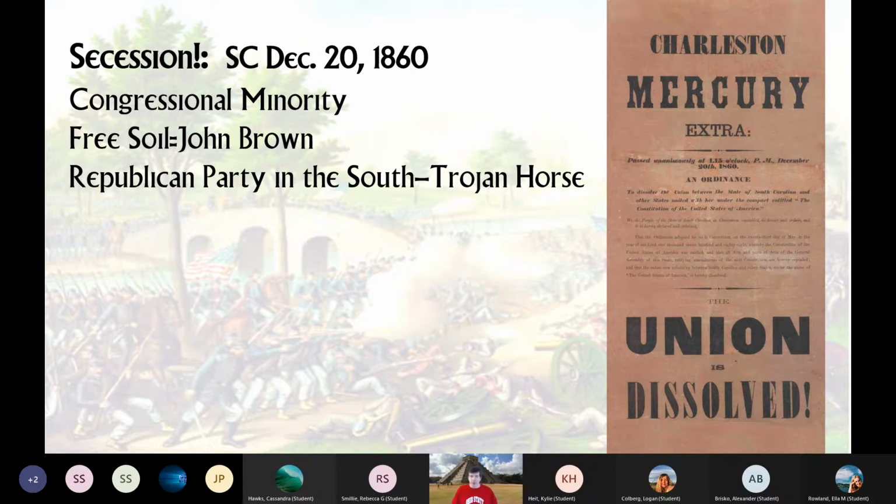There was no Republican Party in the South, but with President Lincoln, there could be a Republican Party. Lincoln could create a Republican Party in the South. If you just write Republican Party in the South, you're going to be totally baffled by what you wrote about in one hour. Make sure you put down that Lincoln could create it, a Republican Party in the South.